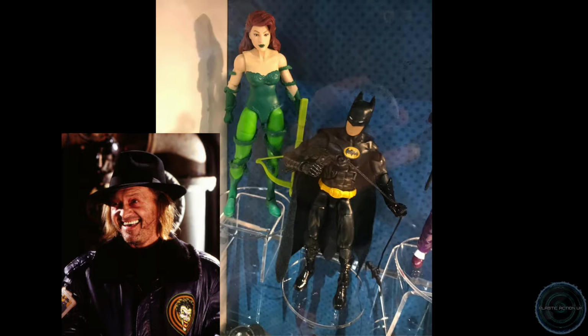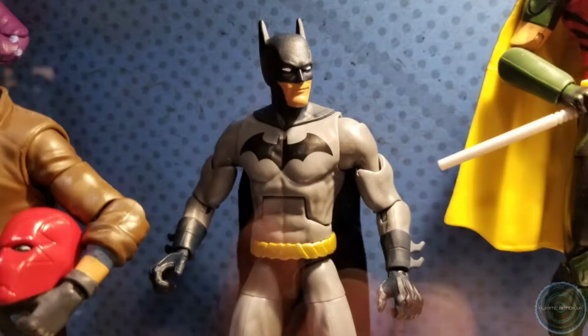Moving on, we've got Batman. But this is the Dick Grayson Batman. Ah, that's why it's thinner. Yes, it is. I'm looking at the design now. You're right. And the head sculpt is great, from the Grant Morrison run. Yeah, from a few years ago when Bruce died